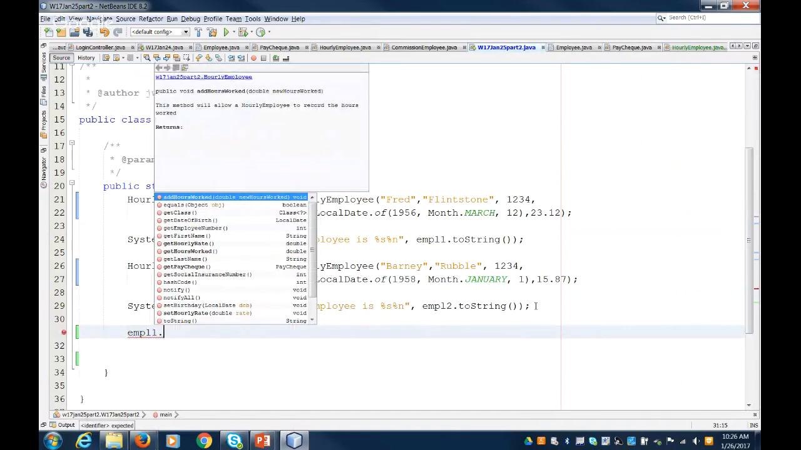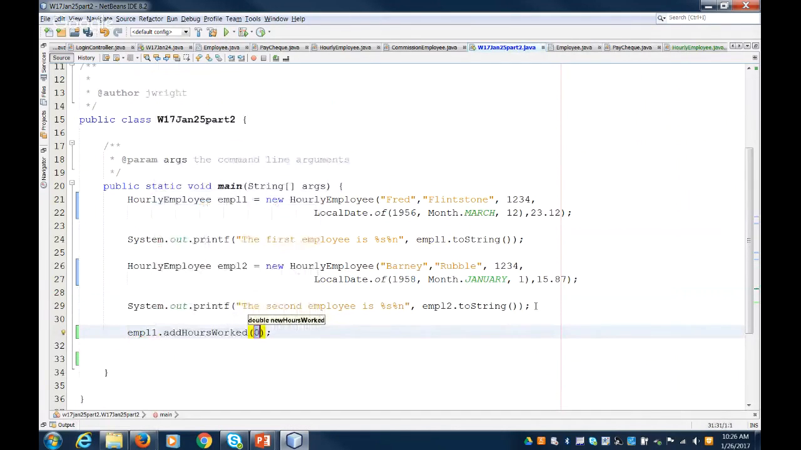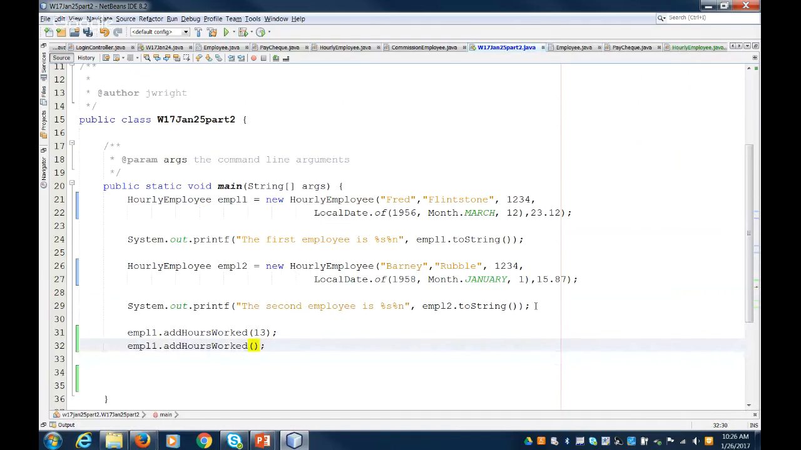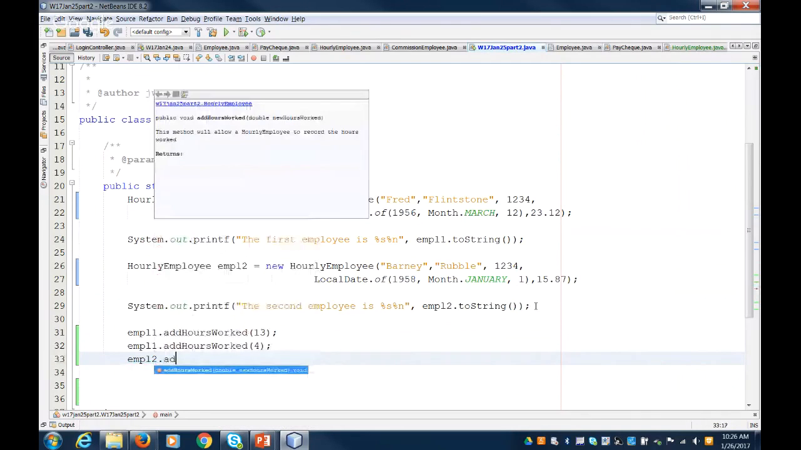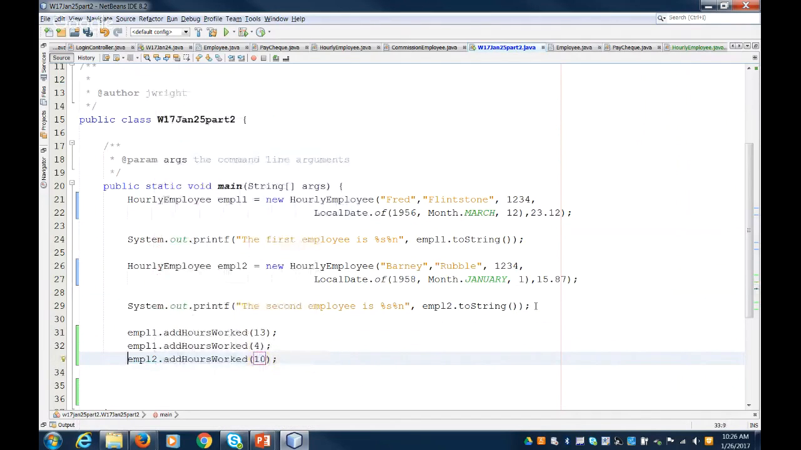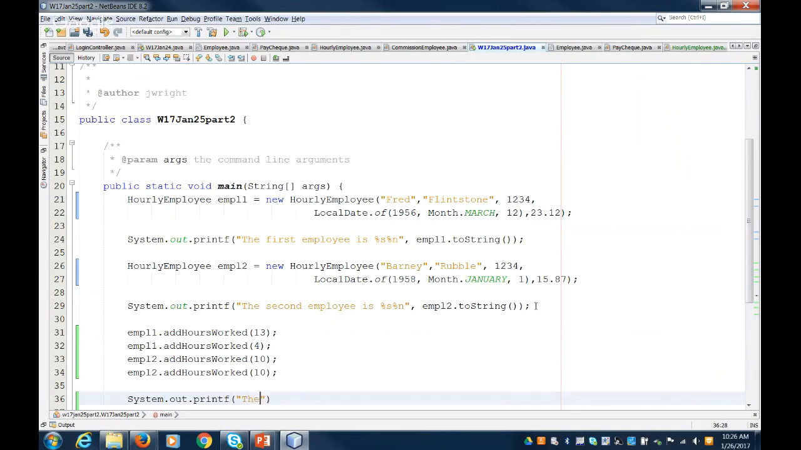Let's do employee 1. Now we can add the hours worked. So let's say he worked 13 hours one day, and he worked 4 hours the next day. And employee 2 put in some hours too. So maybe some hours and 10 hours. So now I can create the paychecks for these two individuals. So I can say system.out.printf paycheck